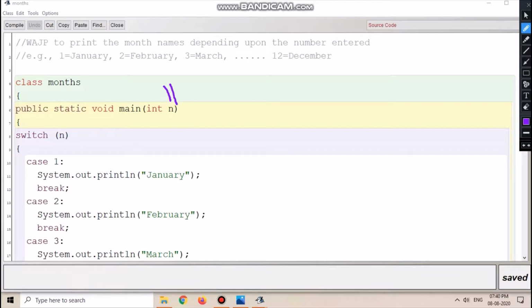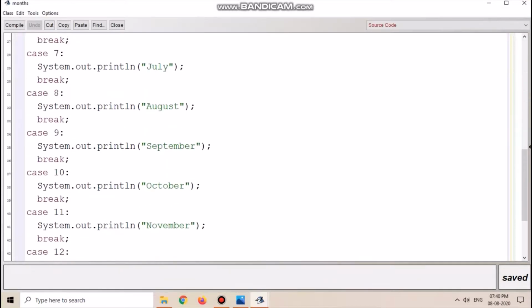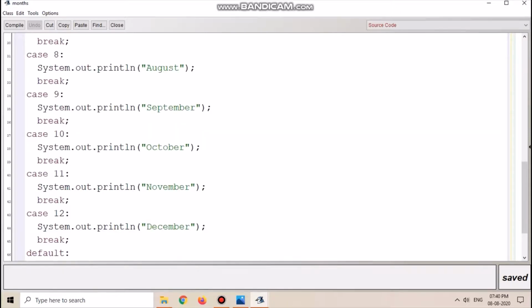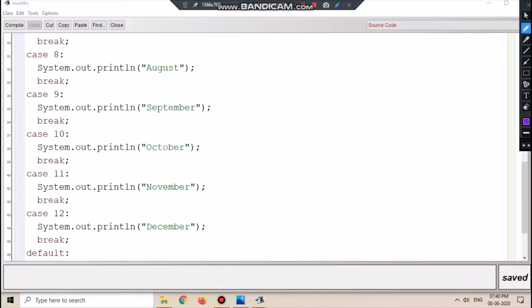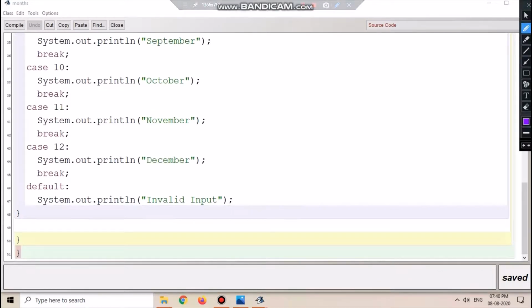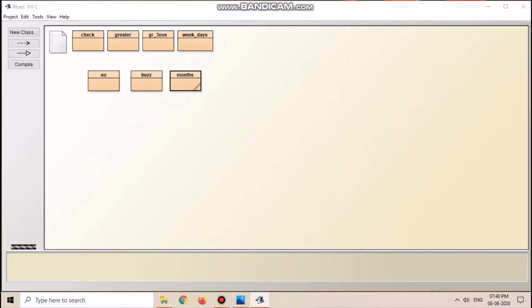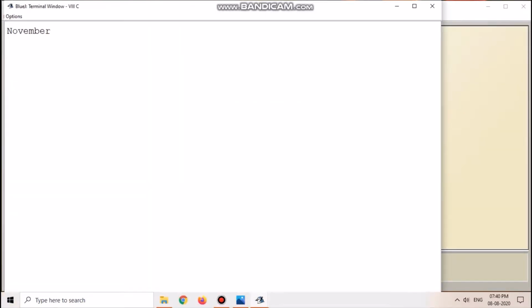What will happen? It will look for case 11. Case 11 is here, so it will print November. After this you are having break, so the control will come to this part. We'll check this. We are entering 11, and here you can see the answer is November.